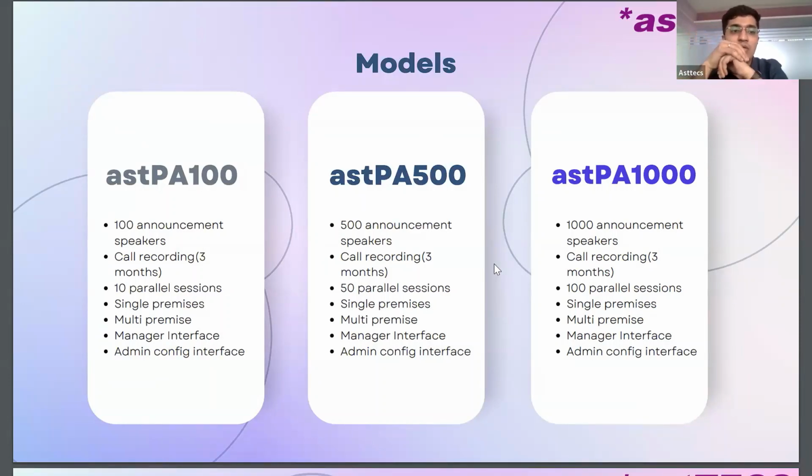Now, when we say astPA 100, one thing is that it supports 100 speakers. In 100 speakers, you can have 10 parallel sessions. That does not mean that you can only announce to 10 speakers at once. Rather, it means you can have 10 different announcements at once. So to take an example, if you have, say,